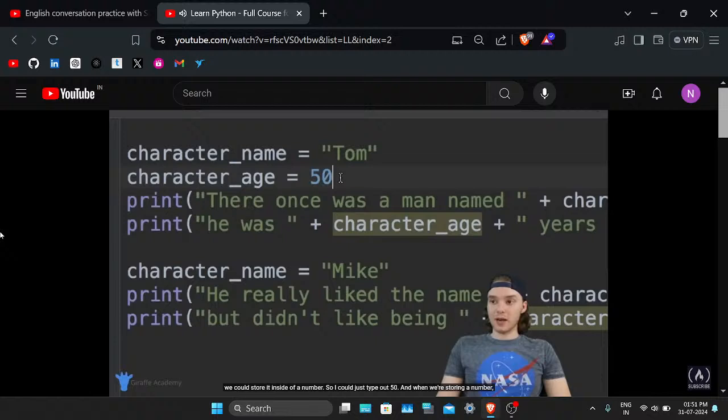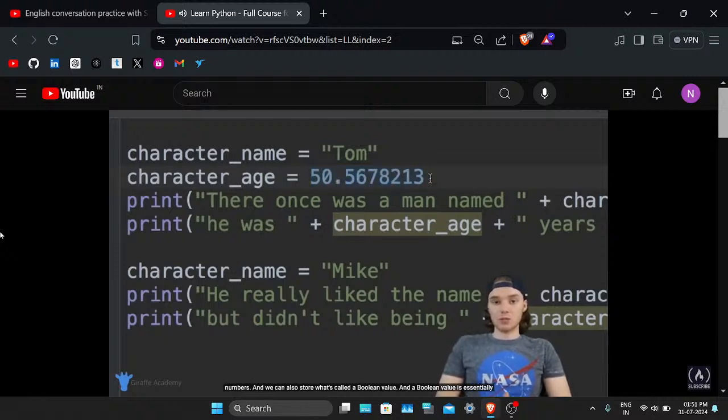And when we're storing a number, we don't need these quotation marks. You only need the quotation marks when you're storing a string. So if I wanted to store a number, I can just write it out like this. And in addition to using whole numbers, I could also use decimal numbers. So I could say 50.5678213. And Python's gonna be able to store that number as well. So you can store all different types of numbers.